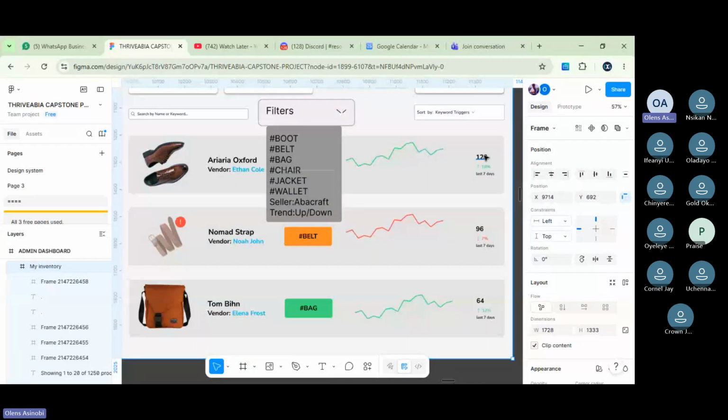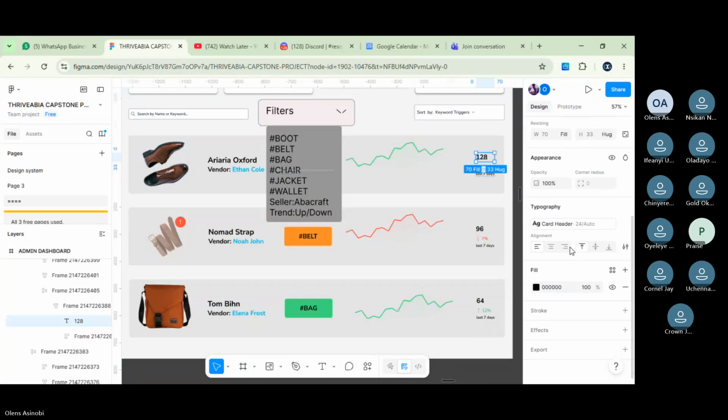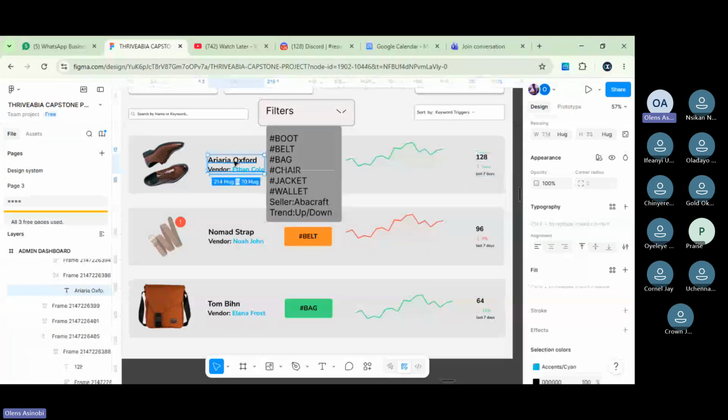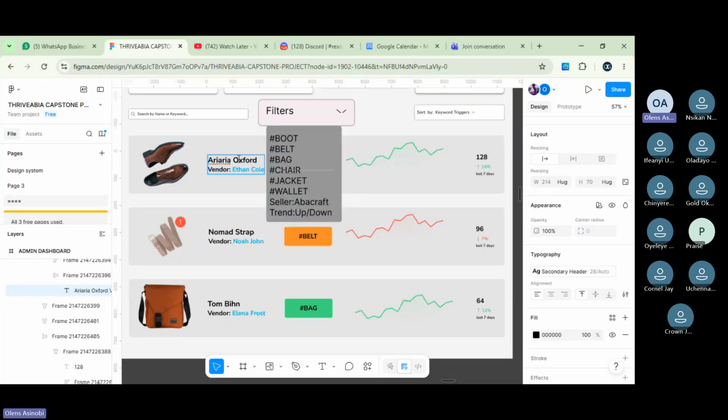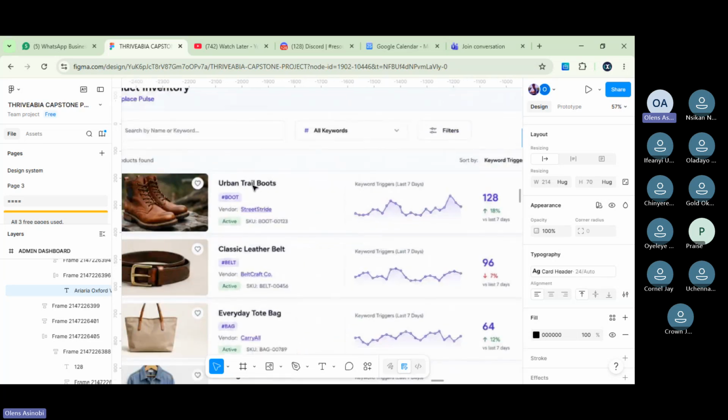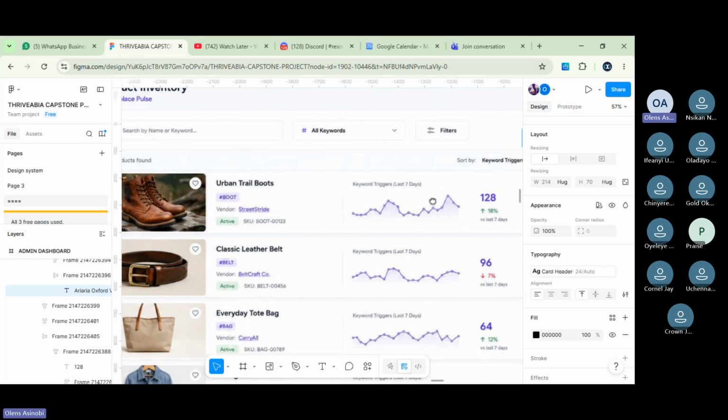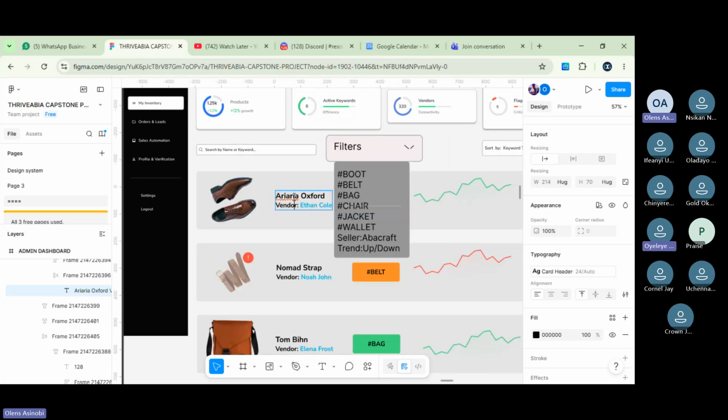Okay, so this is card header. It's looking small, but no wahala. This is card header. So the person can use a plugin for this. Then you see this text here. I don't know which size they used. I'm seeing two different sizes. They use secondary header and they use card header. Maybe that's why. Let the person use card header for this heading. The person should use card header for the name. Then any other thing under should be body text.